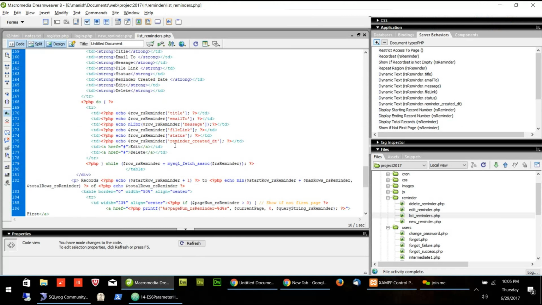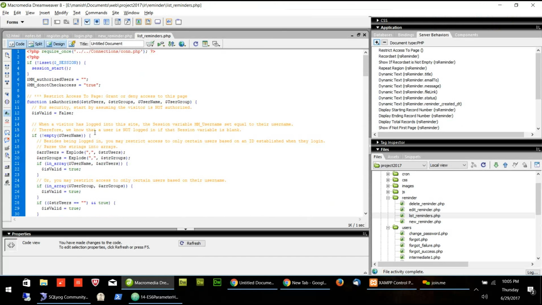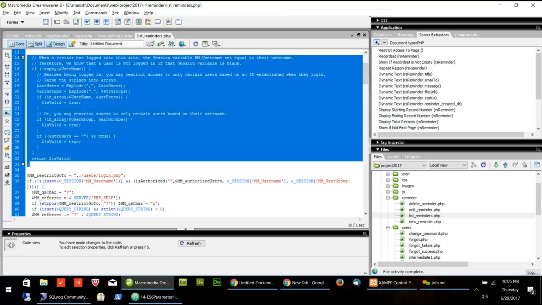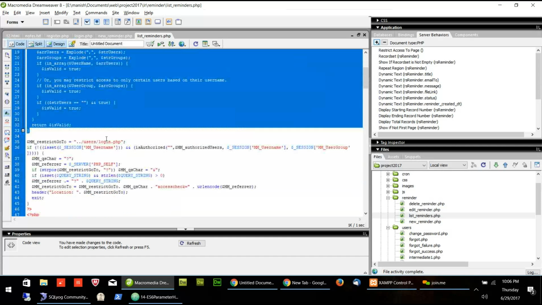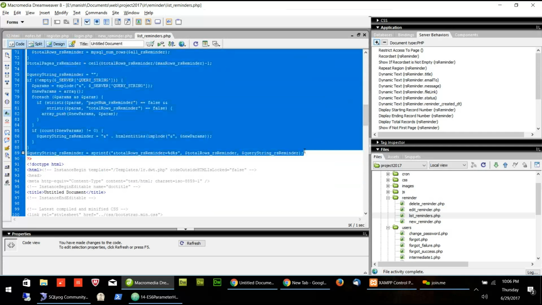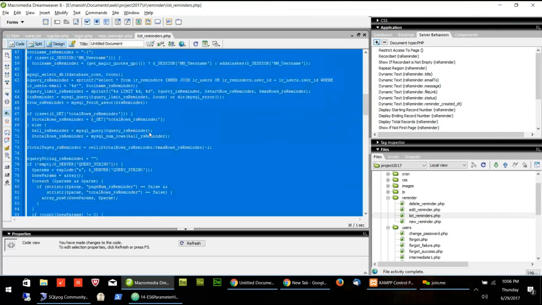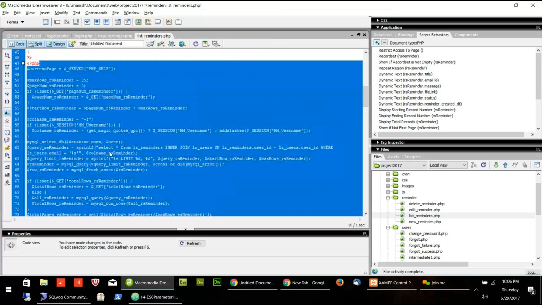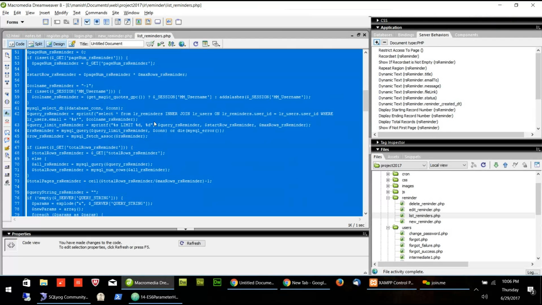No. Will you be able to do same thing what I did? Yes. Okay. So remember, when I created this list reminder, Dreamweaver created some code. The top level code is called restrict access to the page, so that it should be allowed only to the login user. And this bottom code, this part, is for showing the records. Even though you don't understand this in detail, maybe some things you may understand. But remember, whatever project you work on,